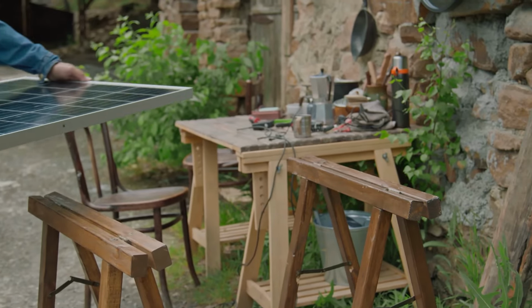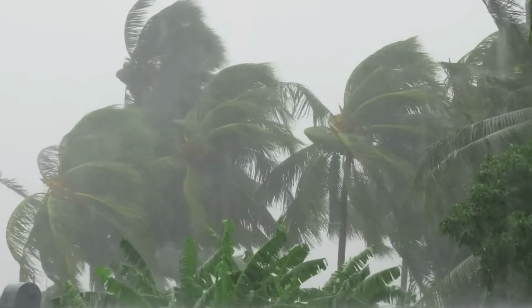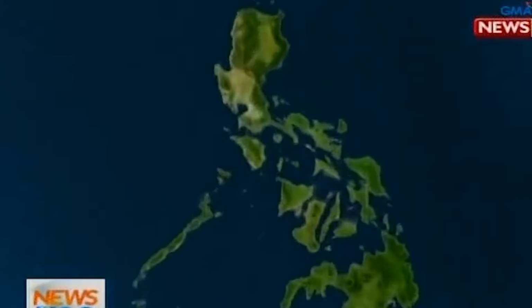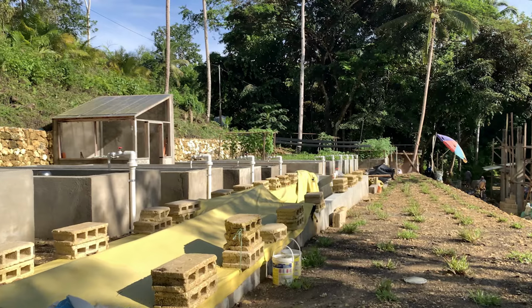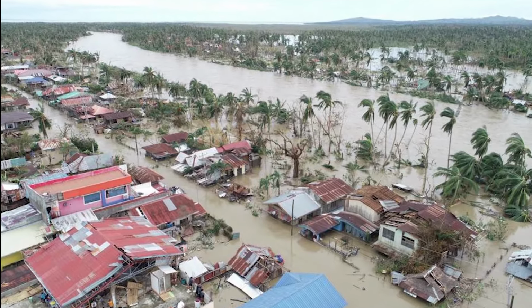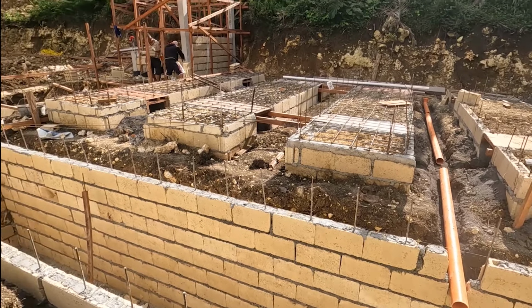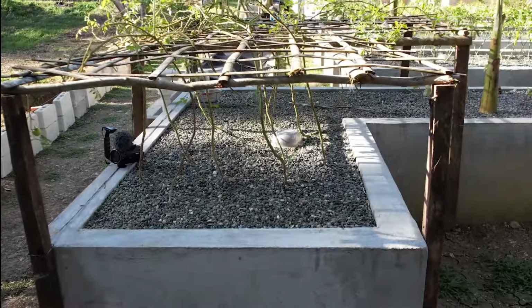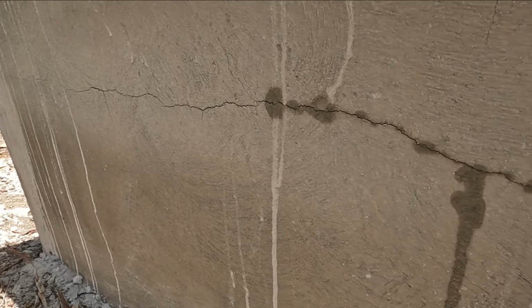We do plan to get solar, so hopefully that solves that problem, but the natural disasters are one that we are not going to get around. With over 20 typhoons a year and multiple earthquakes, because we sit on the Ring of Fire, we have to be careful about how and what we build. The town has already suffered one of the worst floods in history with Typhoon Odette. We are a little bit higher and away from that flood, but we still have chances of flooding around the area. A couple earthquakes have already hit, damaging our planters and equipment,